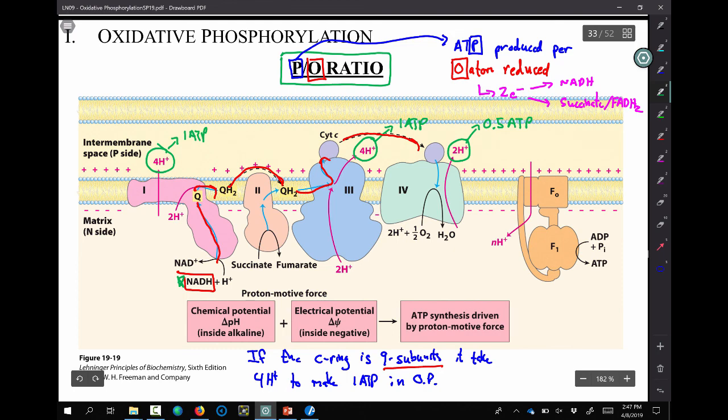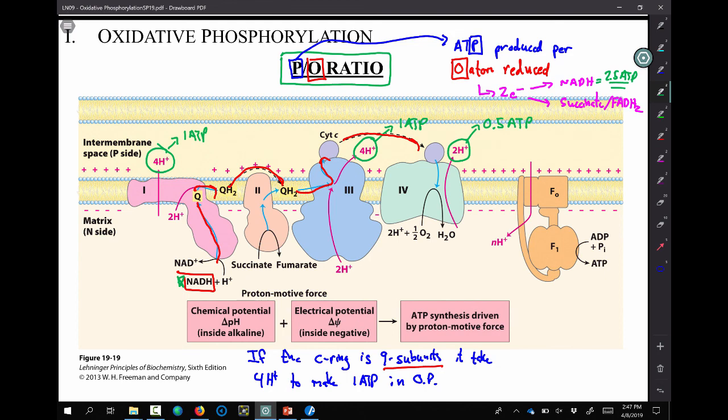And you say, how can you make half an ATP molecule? Statistically speaking, okay. I understand you can't make half an ATP molecule. But that is where we get this number: NADH equals 2.5 ATP. That's where that number comes from. But it does make this assumption that the C ring is 9 subunits. And that's an important assumption that has been implied that you've probably never even been told about. There's 3% of you that may have heard of that, or you just said it sounds too random to not be right, which is not a great way to go about answering a test question.